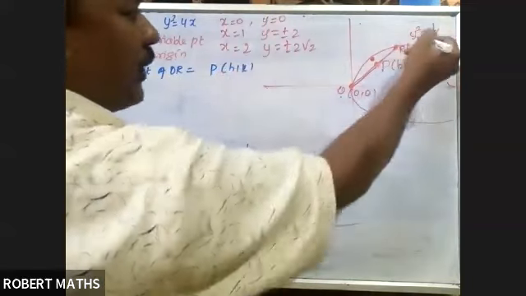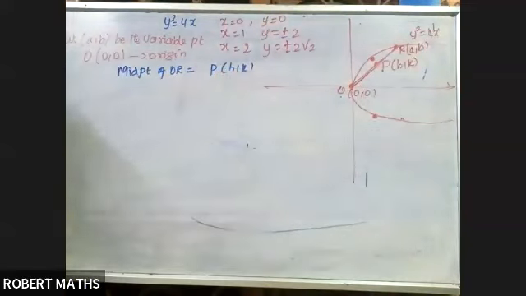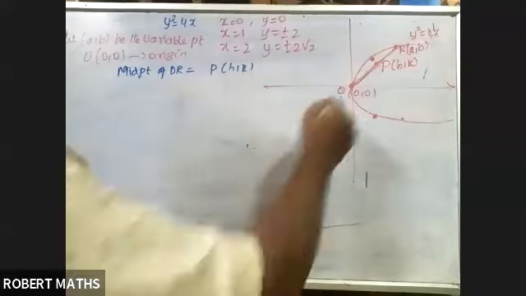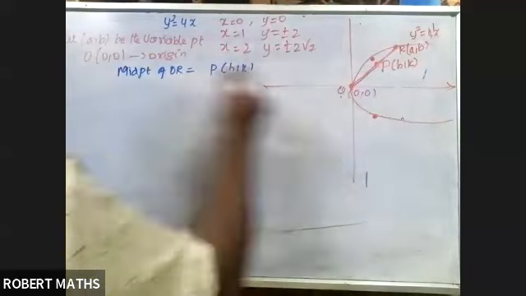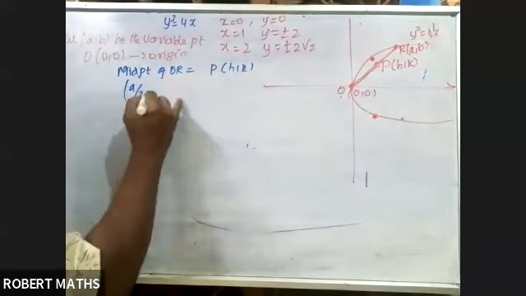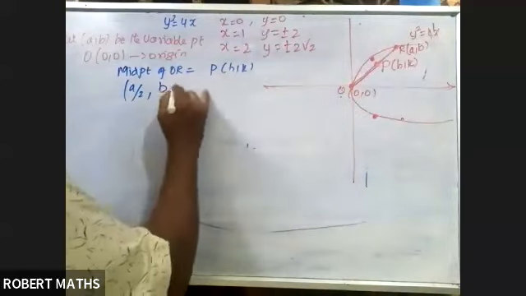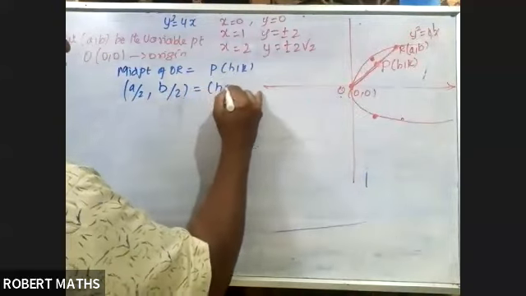Now I know the point O and the point R, so I can find the midpoint. What is the midpoint formula? Manikam, Balamurugan, what is the midpoint formula? Say it quickly, we will finish soon. I leave you at 8:30 sharp. Say it quickly. What is the midpoint? x1 plus x2 by 2, y1 plus y2 by 2. So a plus 0 by 2, b plus 0 by 2, which is equal to h comma k.